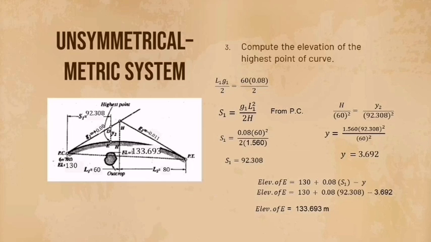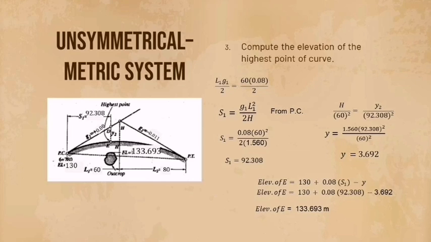After we compute that, we will get 3.692. To get the elevation of E, it is 130 plus 0.08 multiplied by S1 minus y. Our S1 is 92.308 and our y is 3.692. If we put that into the formula and compute, you will get the elevation of E is equal to